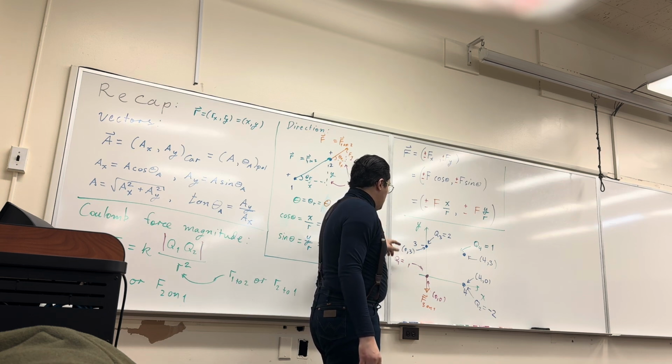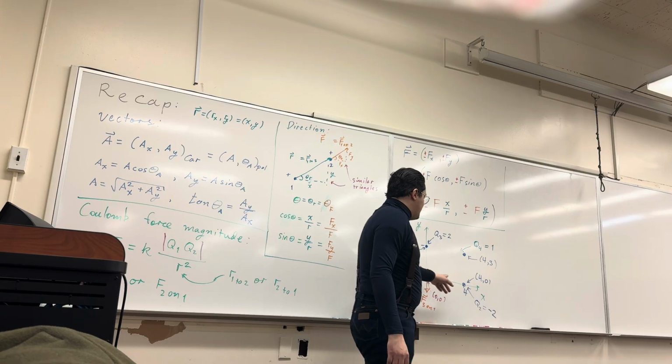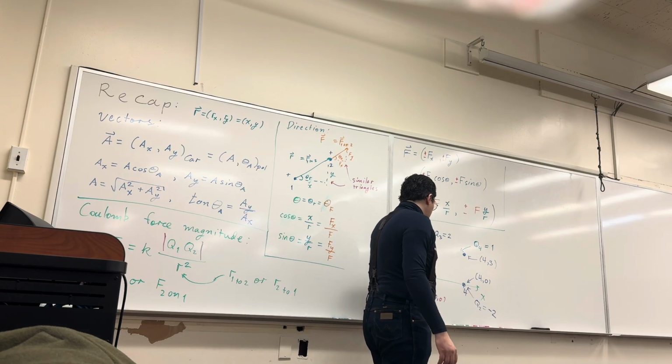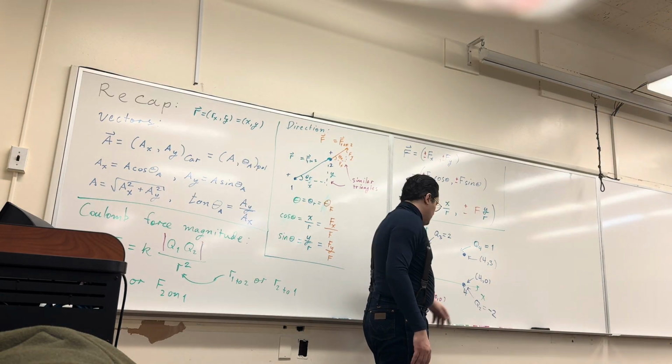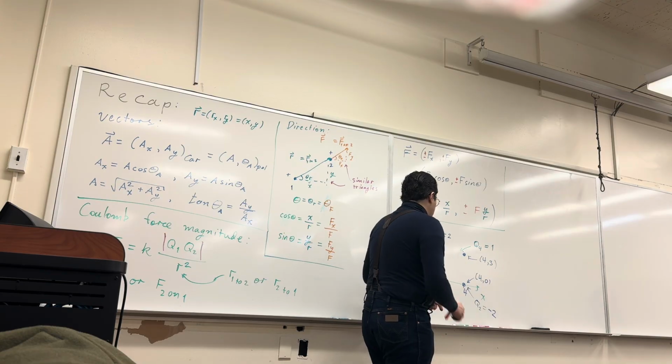So anyway, this is 0, 0. So we're doing this. This is 3 on 1, and it is down. Okay, so now let's go to